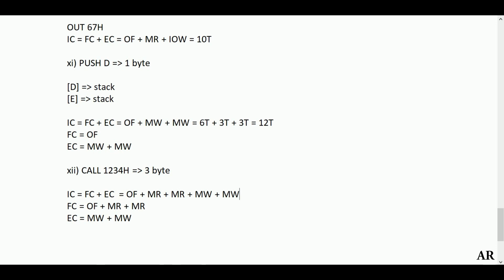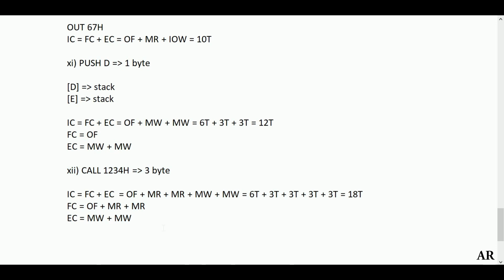So this will make a total of, now this is 3 3 3 3, so this is 12 T states, and call is another instruction which will take opcode fetch as 6 T states. So this is similar to your push instruction for the initial part. The reasons I have already explained in the class. Okay, so 6 T states plus 12, so a total of 18 T states your call instruction takes.